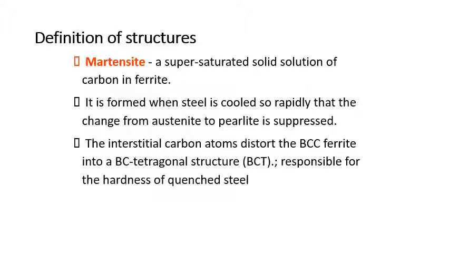Okay, and the last one is martensite, which is a supersaturated solid solution. So this one we are going to see in the next module, where the cooling of austenite, or the transformation of austenite from a higher temperature to a lower temperature, if it takes place within the critical cooling rate, then we end up with martensite, which is very hard or brittle in nature. Okay, which will have a BCT, that is body centered tetragonal. So those things in general, in detail, we'll see in module number 3.